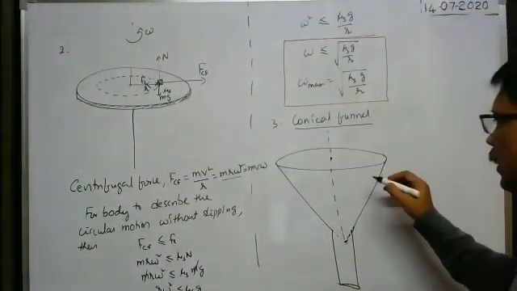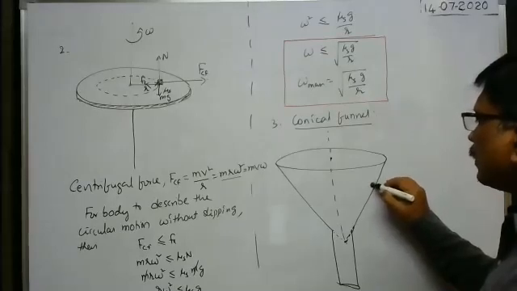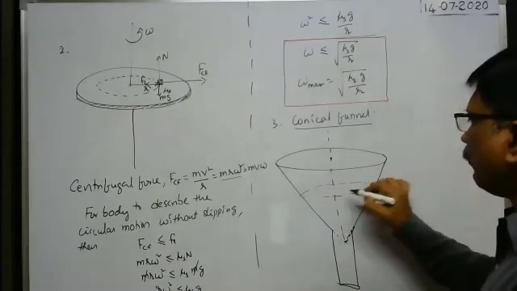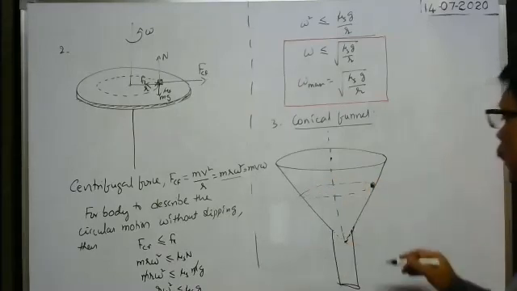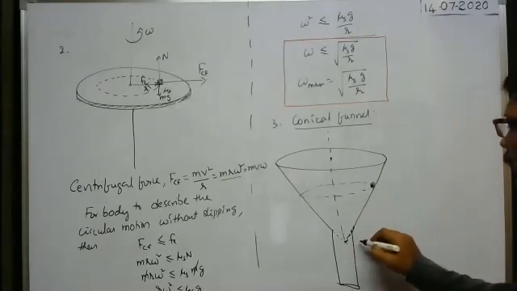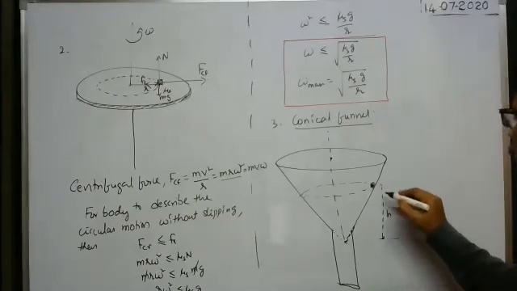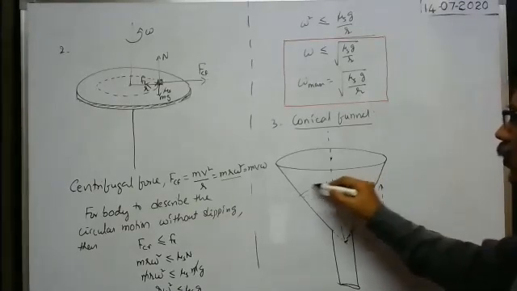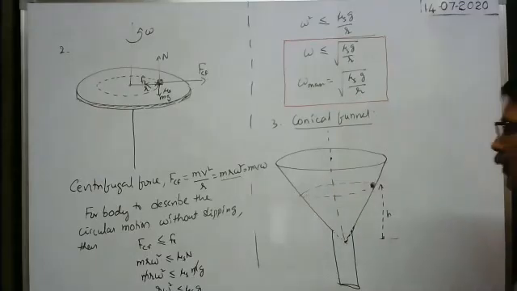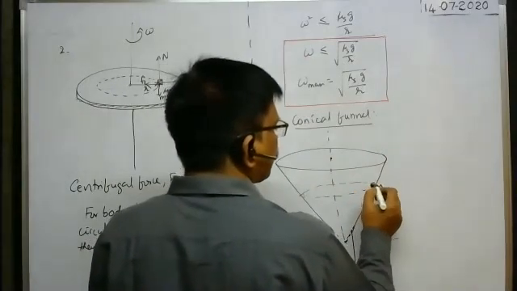Right. You see, suppose the body is made to rotate at this position in the horizontal circular path in the conical funnel like this. Here the height of the body from the vertex of the cone, at which it is made to rotate in a horizontal circular path in a conical funnel, that is a small h. Suppose at this time the body is made to rotate with angular velocity, say omega.